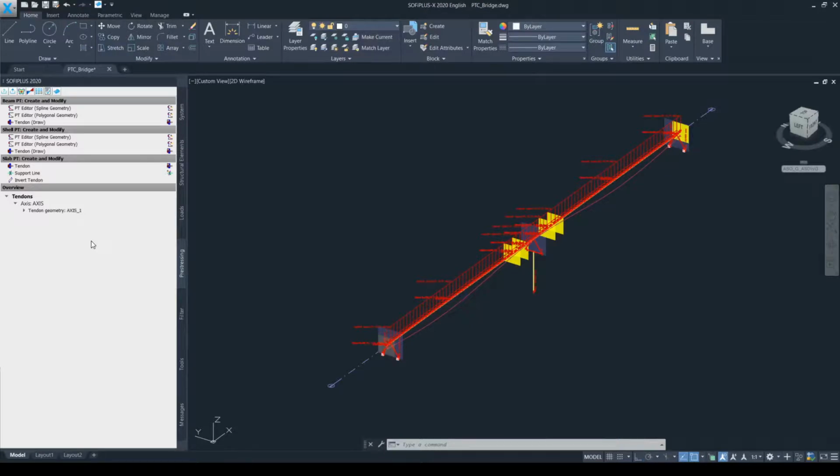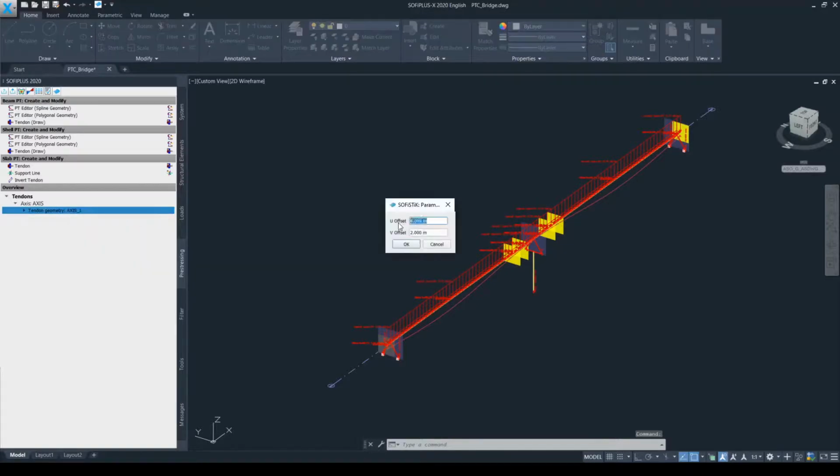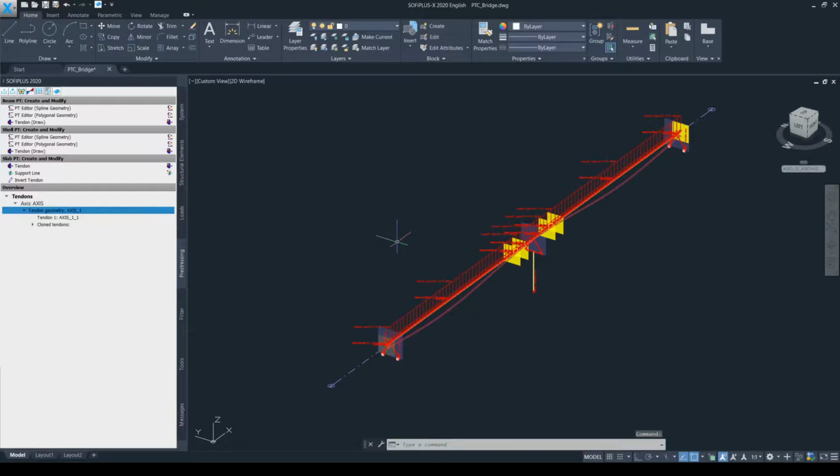Now what I'm going to do is to clone the tendon again, but instead of just creating 2 duplicates, I will clone the tendon every 150 millimeter to the right and to the left from the center until I reach -900 millimeter and +900 millimeter on the left side and on the right side as well. So let me start by simply right clicking on the tendon geometry axis and choosing the clone, and then I will add here